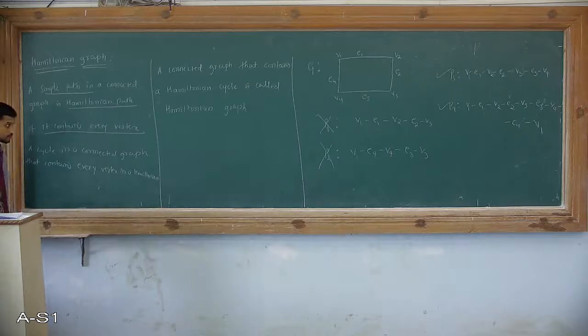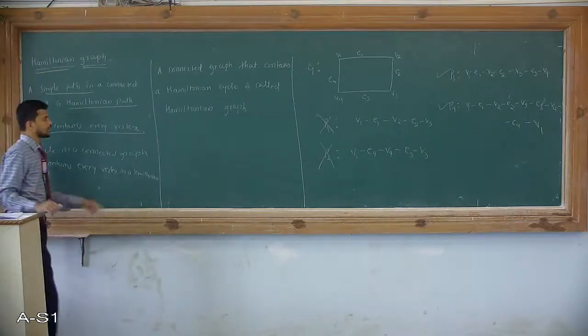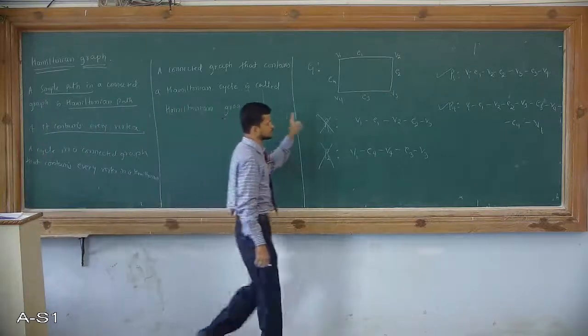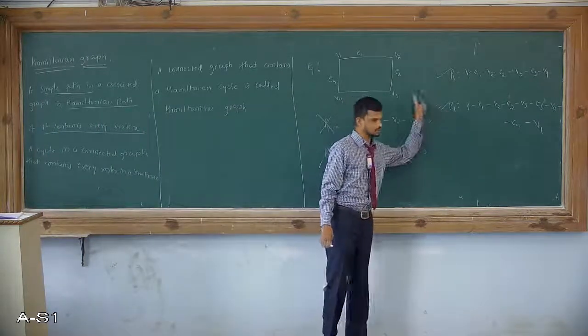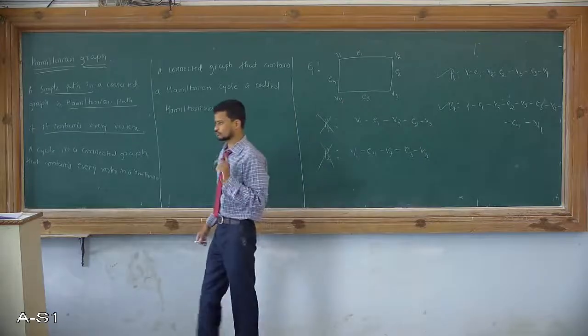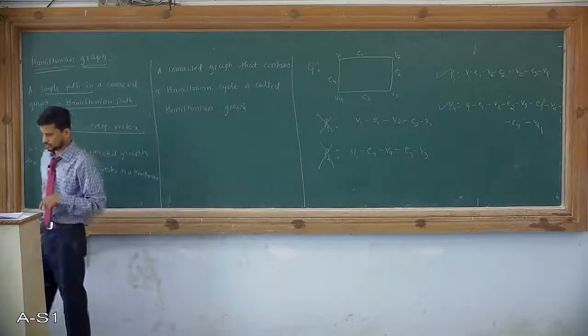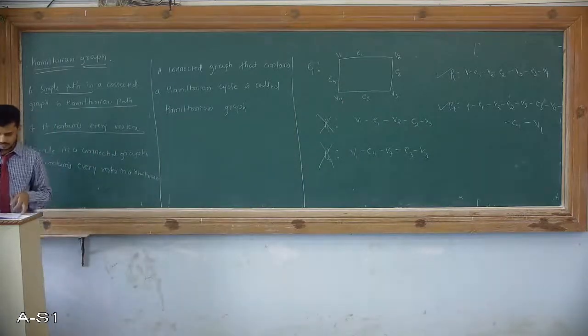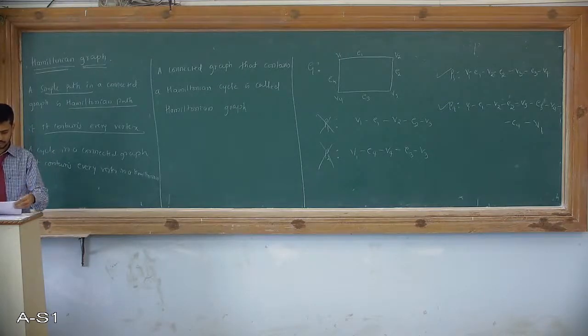Now, what about a cycle? It starts with one point and ends at the same point, therefore P is called a cycle. If a Hamiltonian cycle is present, then we can say this graph is a Hamiltonian graph. So here the given graph is Hamiltonian. Now we cross verify in a similar manner whether a graph is Hamiltonian or not.